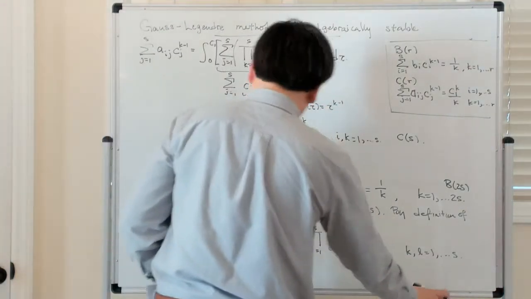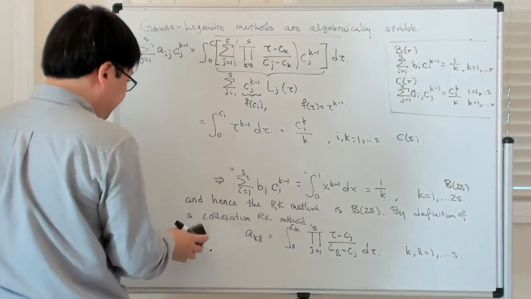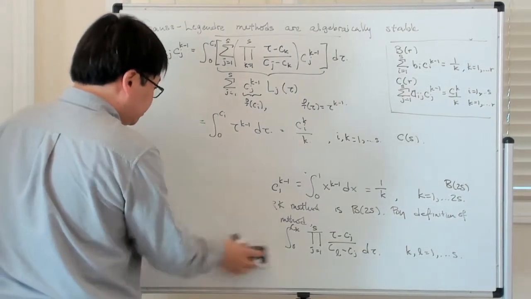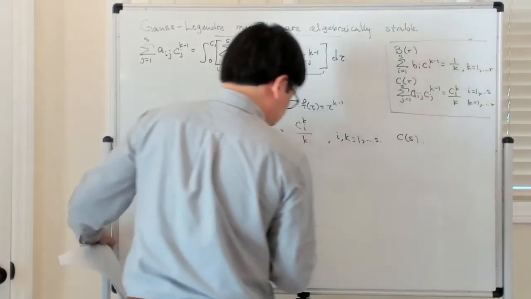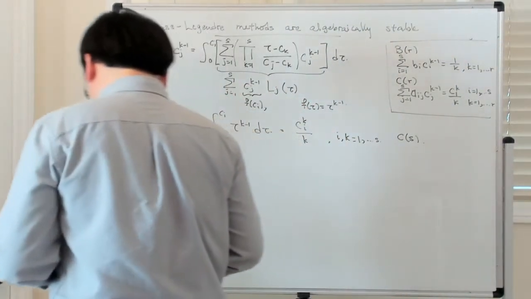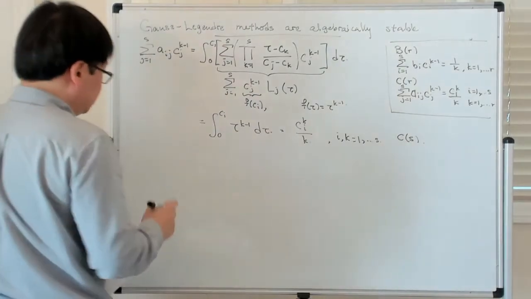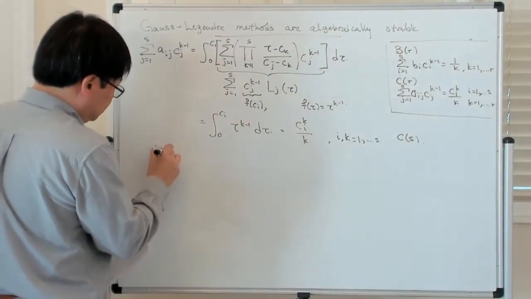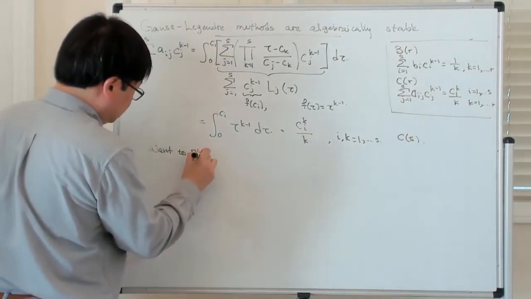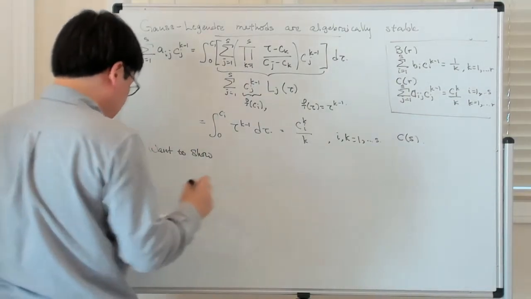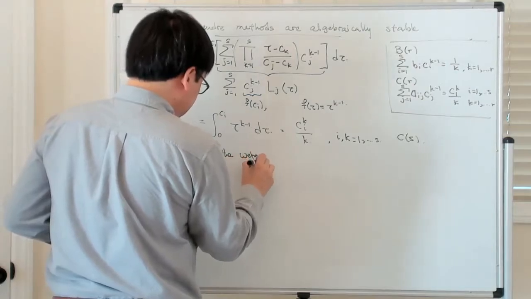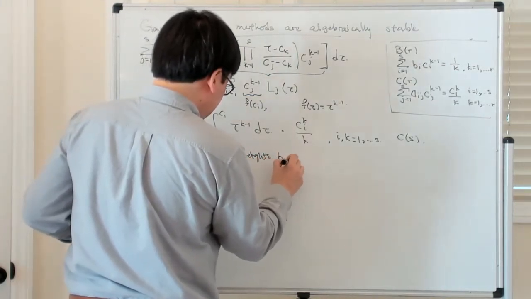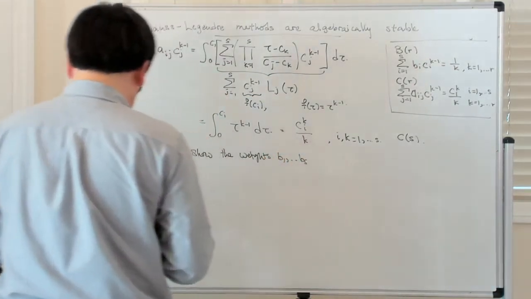There's still a little bit to be done. We still have to say something about the b coefficients. So we still have to show that the b coefficients are non-negative. So we also want to show that the weights b_1 to b_s